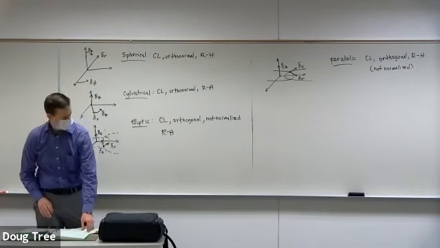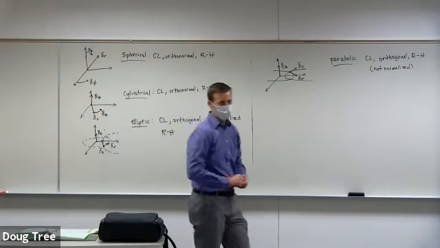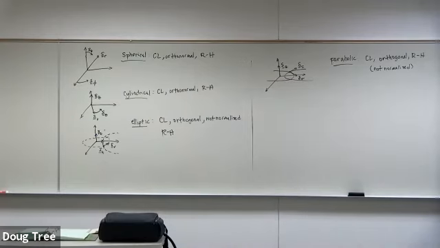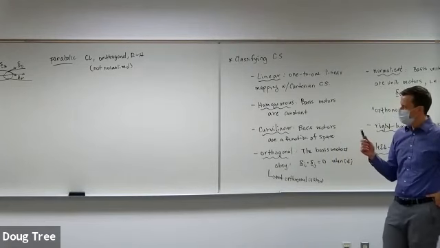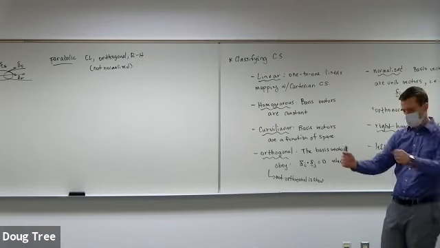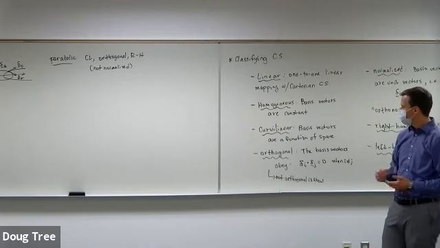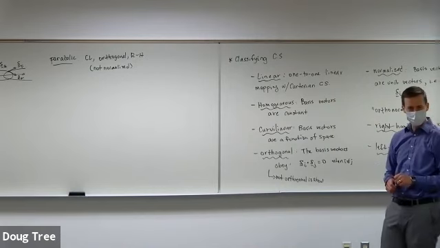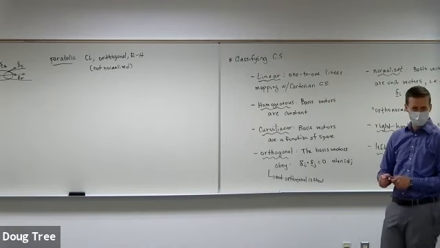Okay, questions about what I've put up here? Yes. Are we ever going to use elliptic or parabolic coordinate systems in this class? I don't know for sure, but elliptic coordinates are really useful when you have orbits. So if you have two things that are moving around each other, elliptics are really useful. For the parabolic coordinate system, I can't remember the example I looked up. So I don't think we have anything on that, but you might encounter it if you take a quantum mechanics class, or if you're in astronomy, but I doubt you're going to do astronomy.